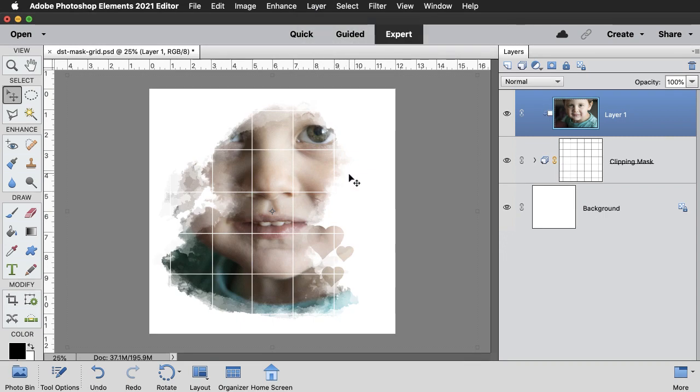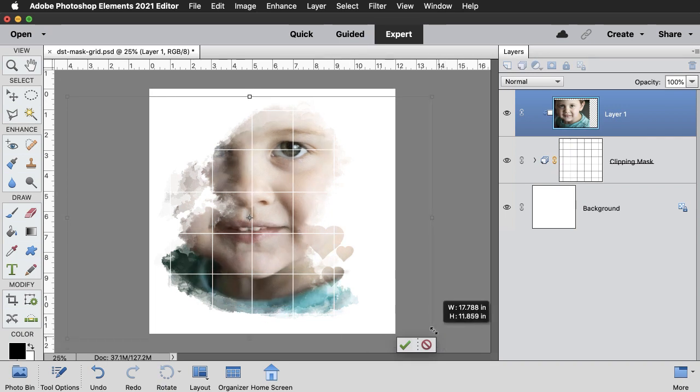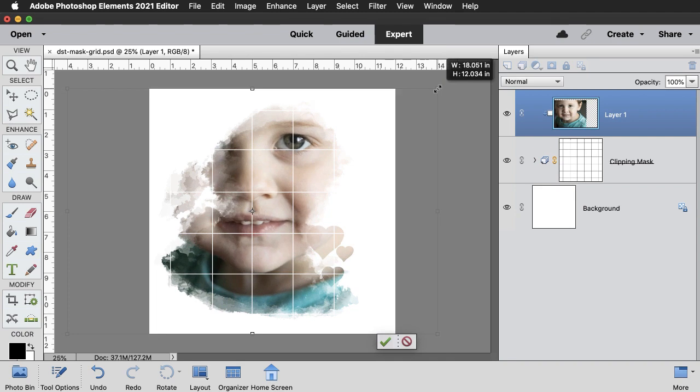To resize your image, click and drag on the corner handles of the bounding box, but you'll need to make sure that the boundaries of the image stay outside the boundaries of the clipping mask. Just to be safe on this document, I'm going to make sure that my image is no smaller than the actual size of the entire document. To reposition your image, you can click and drag inside the bounding box. If you transformed your image, you'll then need to click the check mark to commit the change.